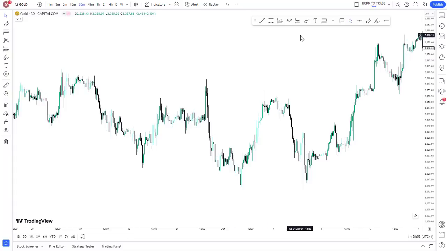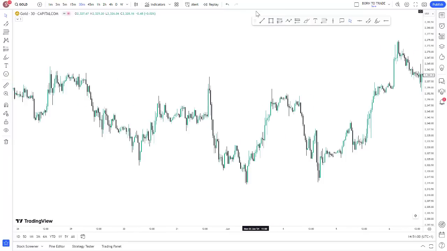Now, at first, we say we want to identify the accumulation area. Now, accumulation area being what? A slow price action. Now, from what you can clearly see, I hope you can clearly see where we have a slow price action, no clear movements.